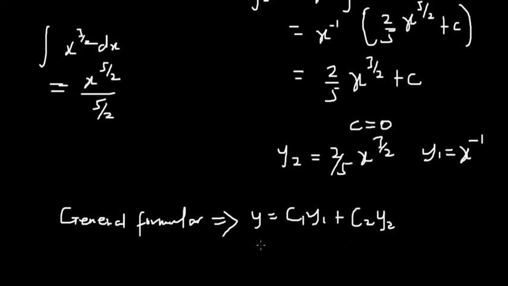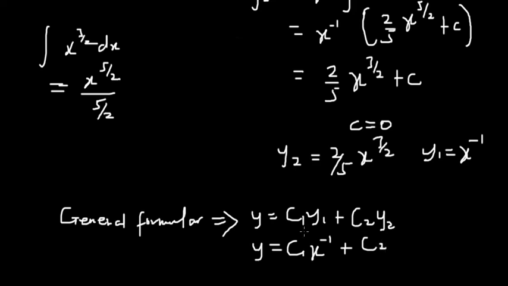Once you rewrite this, we have c1, and then y1 is x exponent minus 1. Note that we are only writing out the main expression; we don't normally pay close attention to the coefficients. And then we have